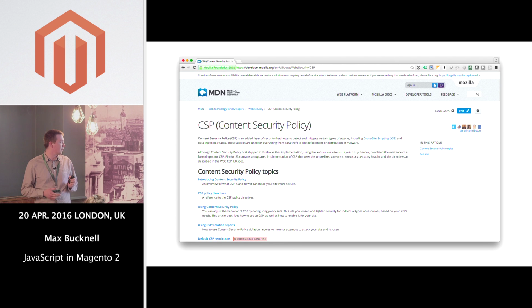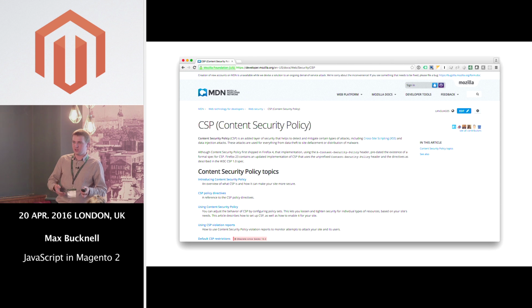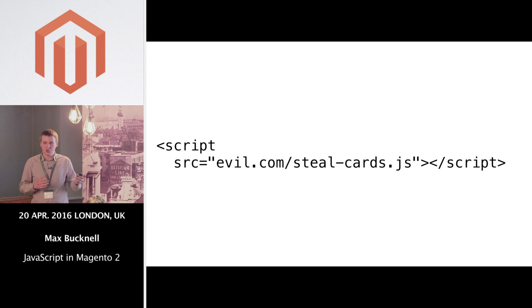But back to content security policy, it's designed to break that. What it means is, effectively, it's an HTTP header that whitelists what can appear, where JavaScript or CSS or fonts can come from, right? So it says you're only allowed to run JavaScript if it's come from this trusted server, right? So my script here, if I get this into your site, when the browser downloads it, can't run. It just stops. You get an error in your console that says, don't trust this, get out of here. This is really powerful, but